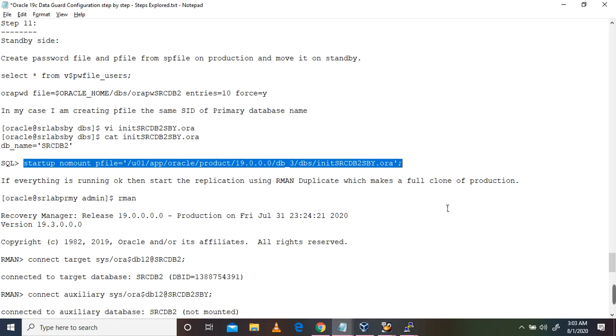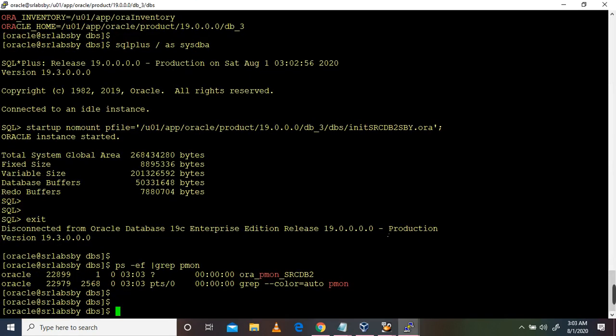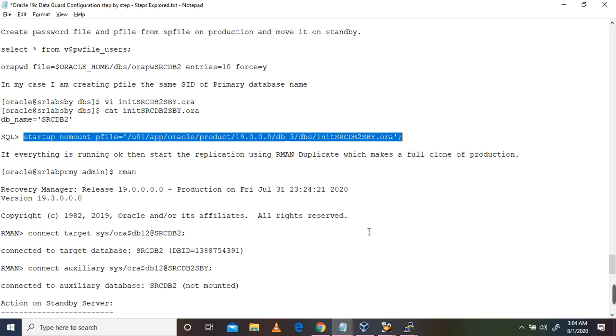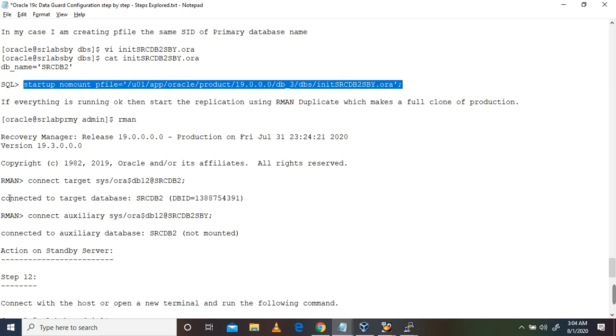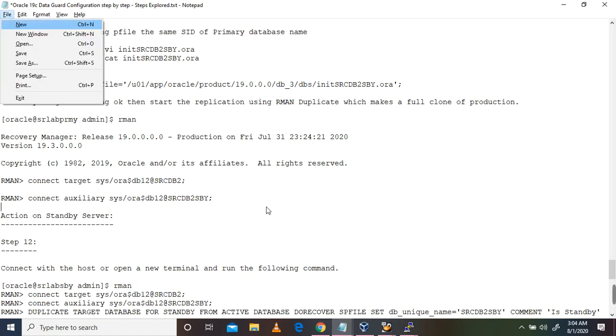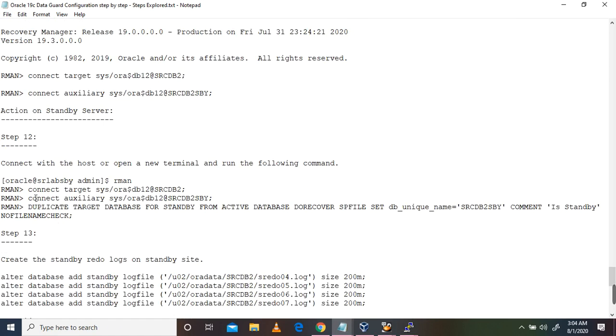What we are going to do now is connect through RMAN. I am doing it from the standby side. We can clone from the production primary side as well, but it is better to do it from the standby side. So connecting RMAN and connect target.